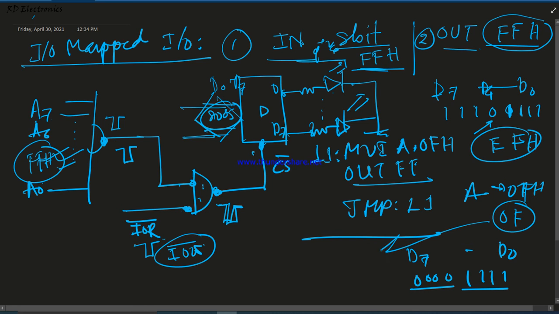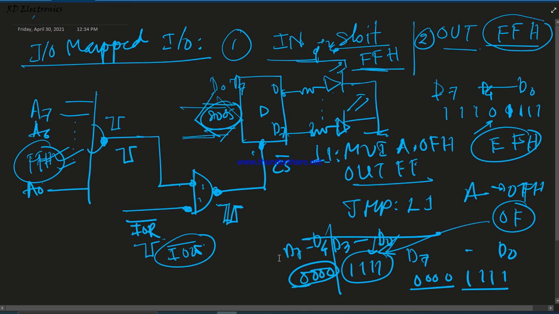If we break down 0F hexadecimal into 8-bit binary, the format is 00001111. So for the value 1, the 4 LSB port LEDs, that means D0 to D3, are in the on state, and the remaining D4 to D7 LEDs are in the off state.